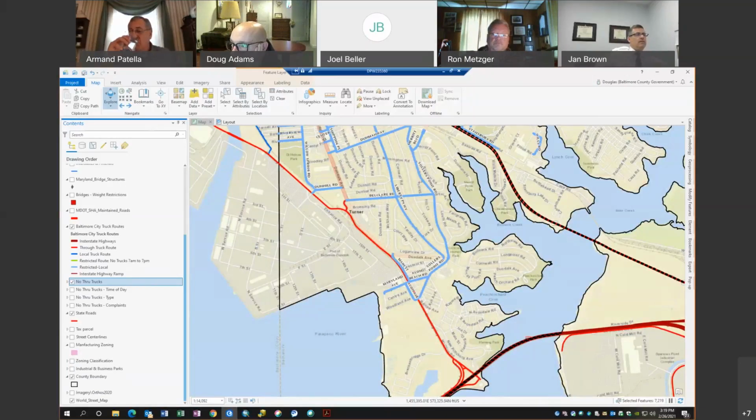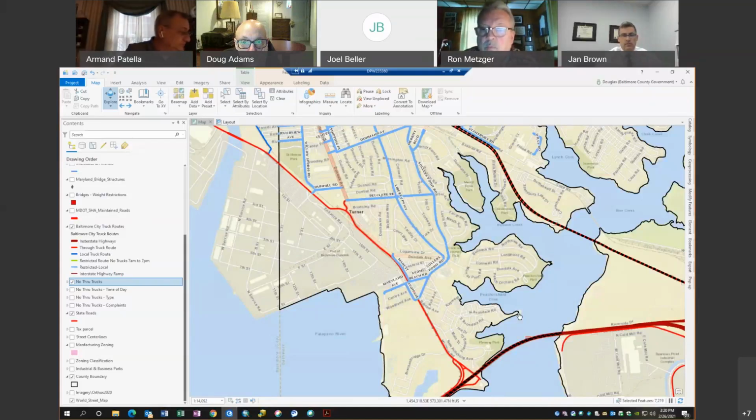I do know a lot of the feedback we got in the community input survey talked about issues in Turner Station, and I know there are some restrictions already there, but are there problem areas that are not noted in light blue here that folks identify or that constituents have really brought to their attention? I've never heard of Turner Station having any.